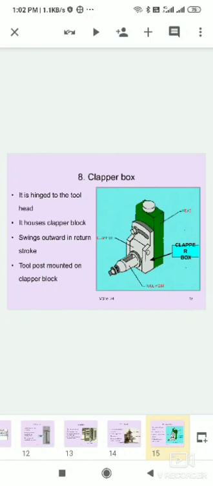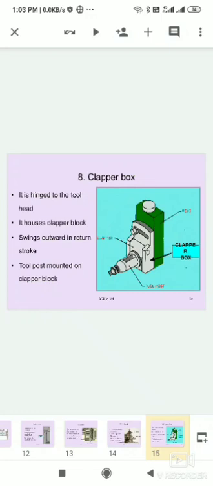It swings outward on the return stroke so that the cutting tool lifts slightly and clears the work. Just now we observed the cutting tool moves in forward direction and backward direction. Firstly, the cutting tool moves in the forward direction and removes the excess material, and it comes in the backward direction.